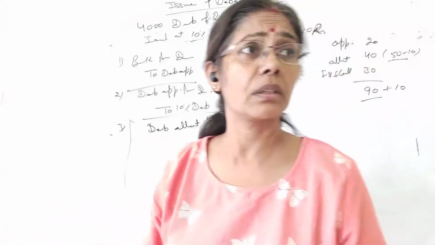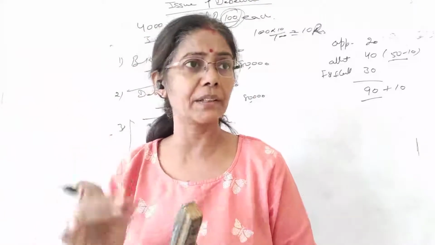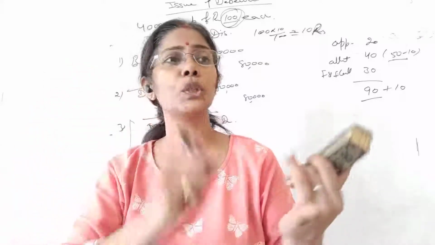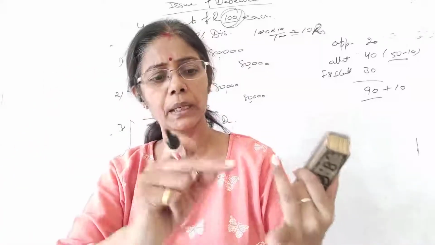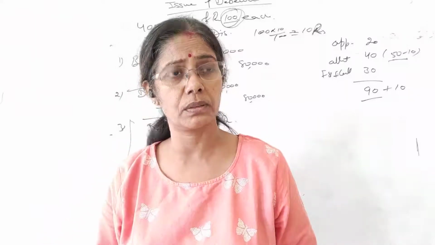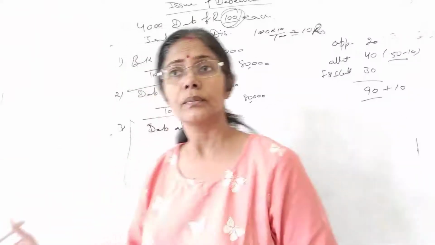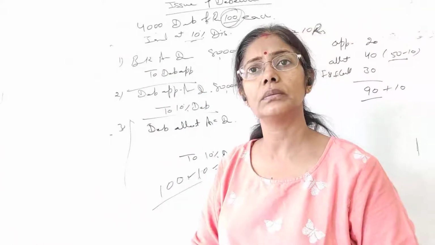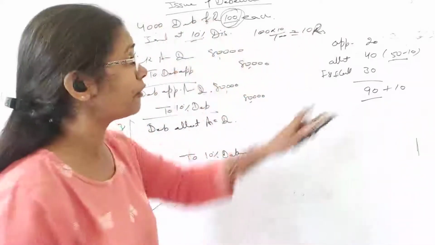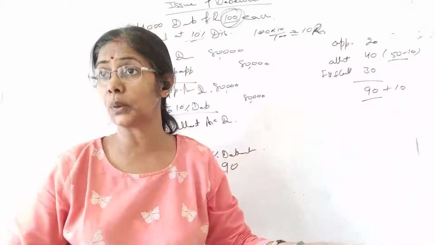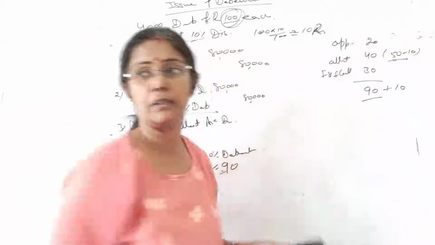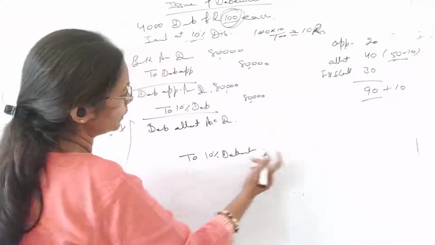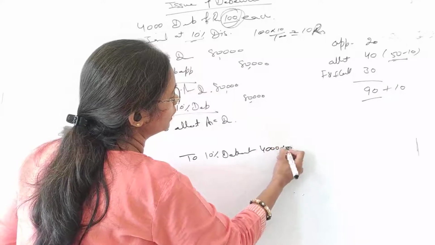Face value doesn't change. Face value is the value which the company has decided, the smallest denomination decided by the company in the starting. Either you issue the debentures at par, premium or discount, this is not going to be changed. Face value will remain the same. When it didn't change at the time of premium, it's not going to change at the time of discount also. Are you getting my point? So if I take 40, what is the face value? 50. Face value is 50. So 10% debenture, 4,000 into 50. Okay?